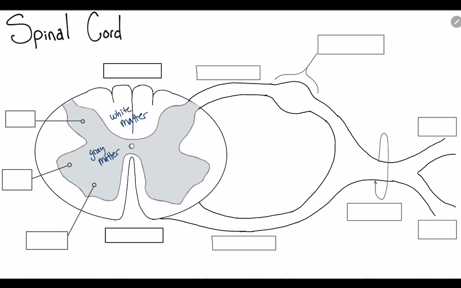Now, before we start labeling the sections of the gray matter, let's get oriented, as we always should in anatomy. I'm going to point out this little central canal, put a little star on it, and I can use that canal to split between our anterior and our posterior sides. Toward the bottom of the paper, I am going to see my anterior side of the spinal cord. Toward the top end of the paper, I'm going to see my posterior side of